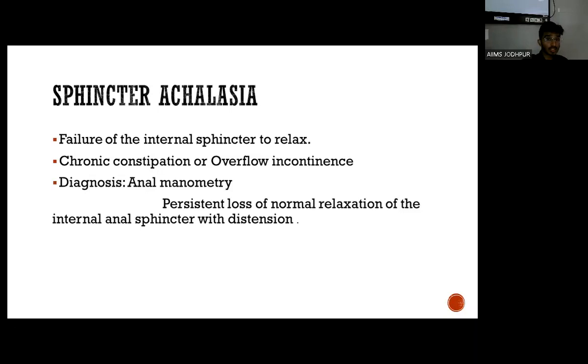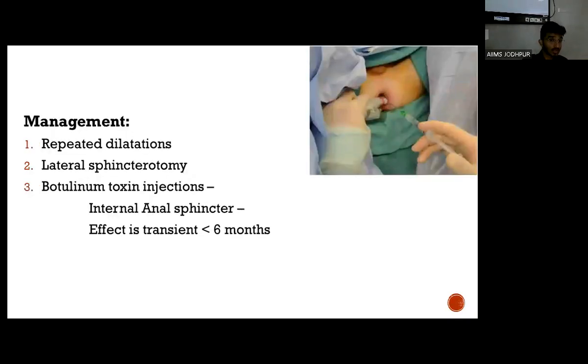Sphincter achalasia is the failure of the internal sphincter to relax, and it presents with chronic constipation or overflow incontinence. The diagnosis is mainly through anal manometry, and in anal manometry we get a finding of persistent loss of normal relaxation of the internal anal sphincter with distension. So the management is usually with repeated dilation, and if it is not responding, a lateral sphincterectomy or botulinum toxin injection can be done to the internal anal sphincter, and its effect is usually transient, that is less than 6